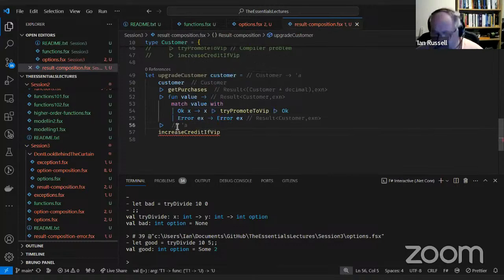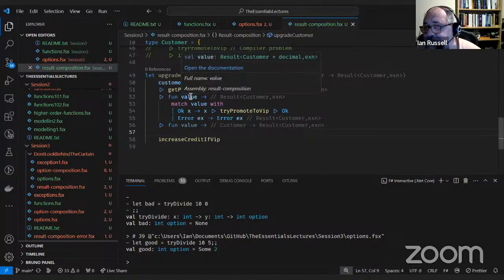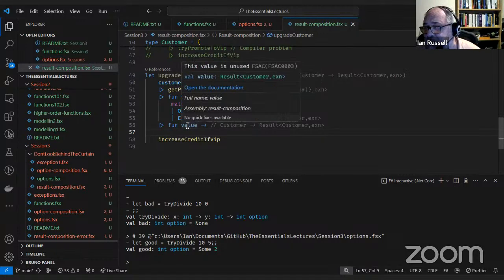And what we're going to do is exactly the same thing. I'm going to try and get it to work this way. I can use the same name, it's not in scope, so that value there is not the same as this one here.